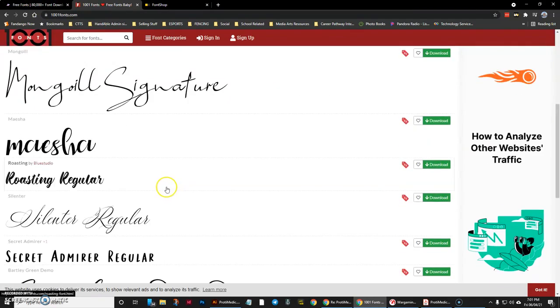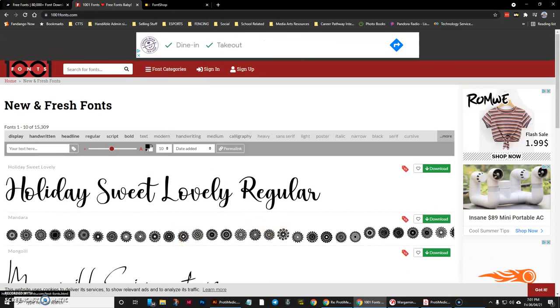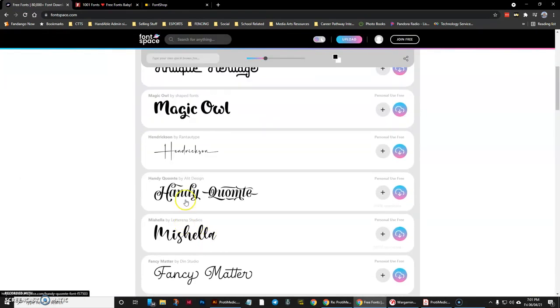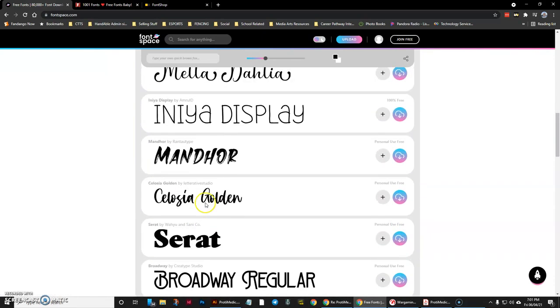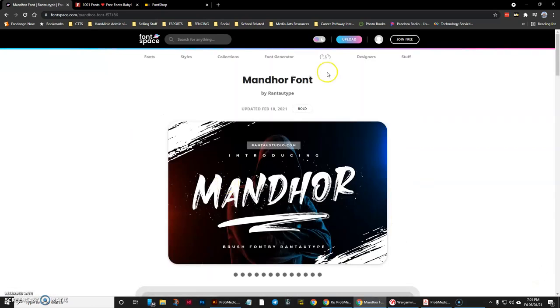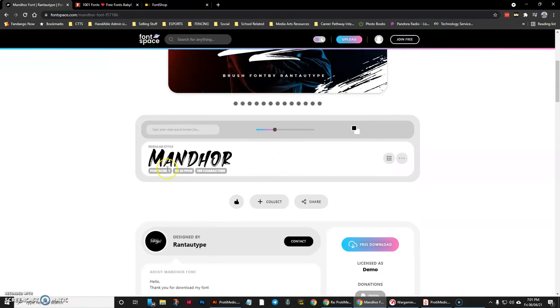A lot of them are going to be similar in design, but you may find some differences as you go through, so it's good to check out all of the websites that you can. Okay, so I like this Mandor font. So what I'm going to do is download this, and you simply go to, let's see how they do this,